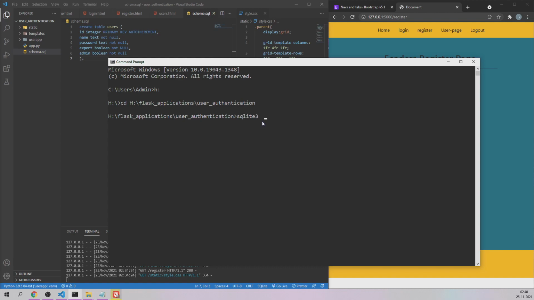Then you have to mention the database name which you want to create. Let me keep it as user_authentication.db. This is the database name which I want to create.